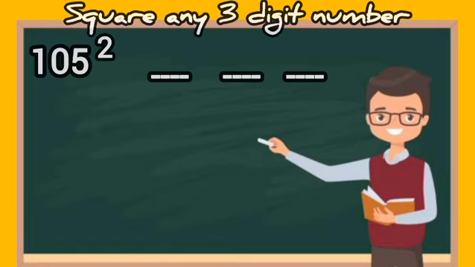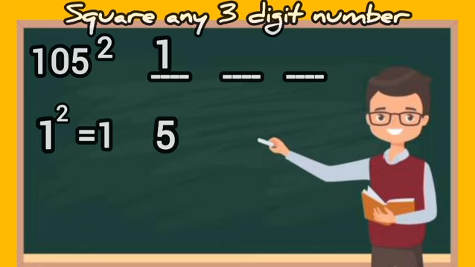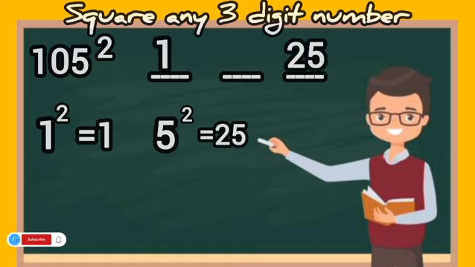In the very first part, we have to write the square of the first digit in the number. In this case, our first digit is 1. So 1 square is 1, and 1 will be our first part. Now, first let's do the last part. In the last part, we are going to write the square of the last part in our number. Our last part in this case is 05, which is equal to 5. So 5 square is 25, and 25 will be our last part. And in this case, you can write a 2-digit number in your answer.